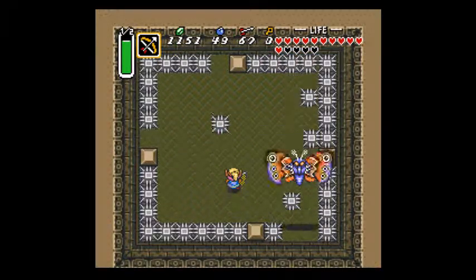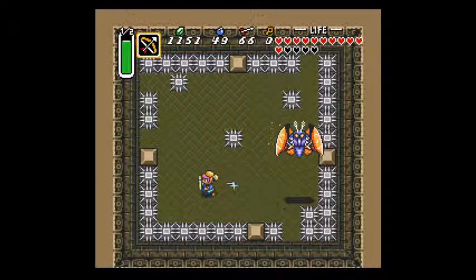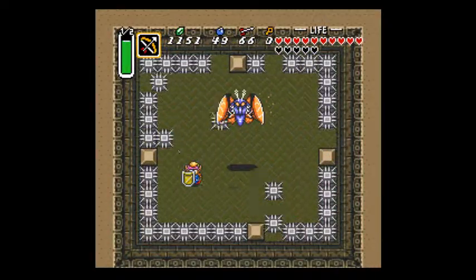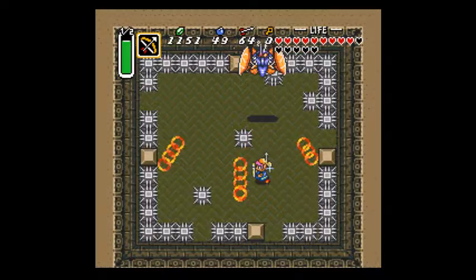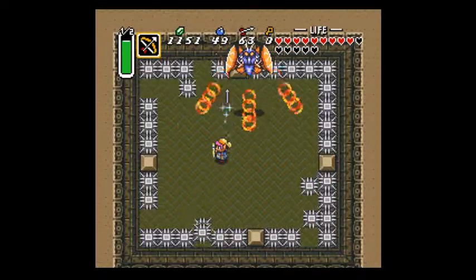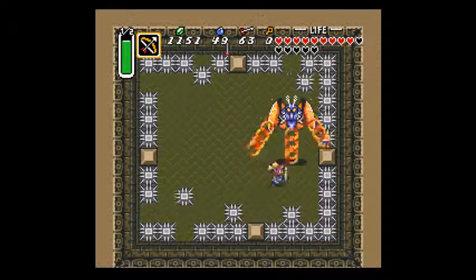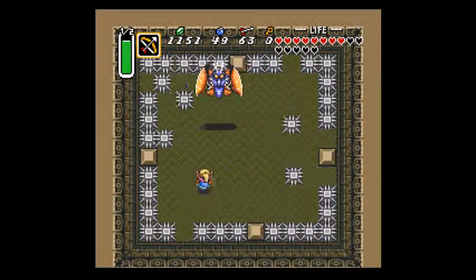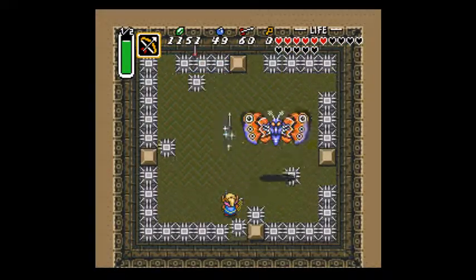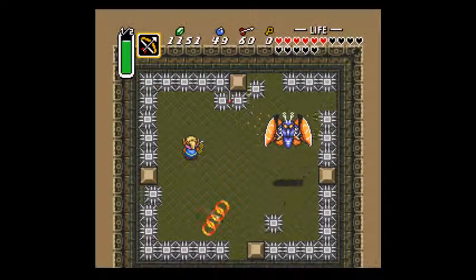Oh, it's not working? I feel like I'm just hitting like his wings or something. Let's see. I'm trying my hardest here. That is the problem with this boss. He is super mobile. You can't stand right in front of him for a good shot because he just blasts you. Alright, I'm gonna try...